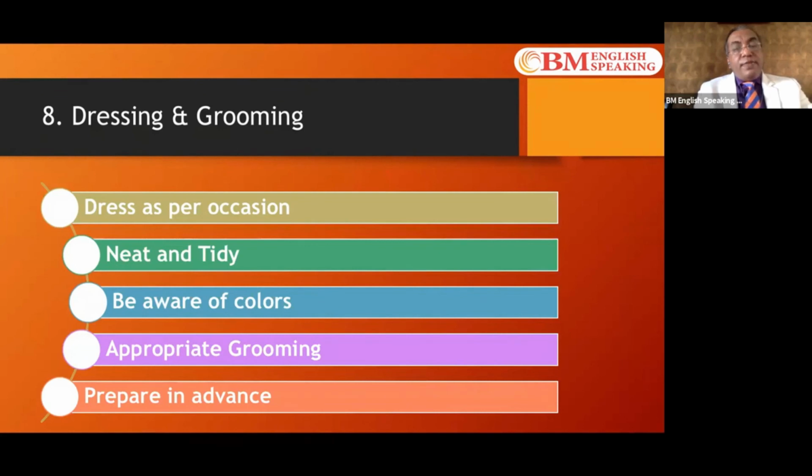Always remember, the way to develop our dressing and grooming skills is to dress as per the occasion. Our dressing has to be neat, clean, and tidy. We need to be aware of the colors and the impact they can have. Very dark colors can have a negative impact. Also, the colors of a dress should match the skin tone that we have. We need to make sure that we are dressing appropriately for a particular situation. And it's extremely important to prepare well in advance for dressing and grooming. Some of us have a habit of saying we'll see at the time, but it doesn't work. We need to plan in advance because we want to be an effective communicator.